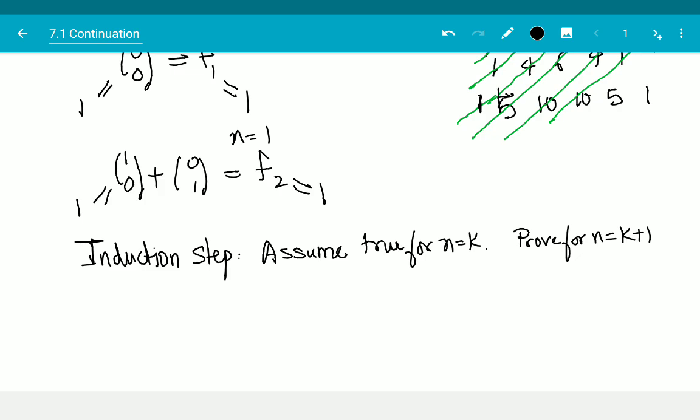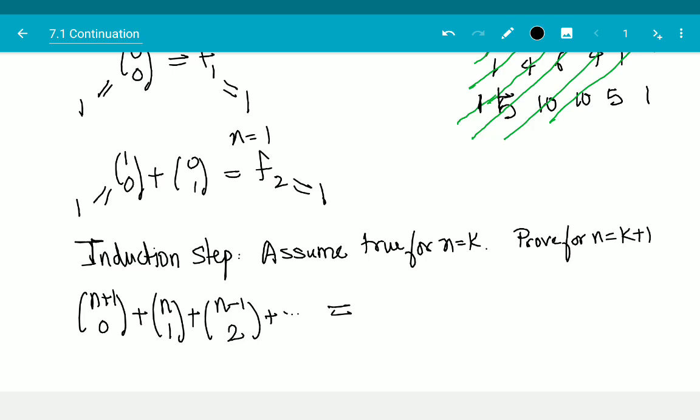Great. So I am going to assume it is true for n is equal to k, and now I have to prove it for n is equal to k plus 1. N plus 1 choose 0 plus n choose 1 plus n minus 1 choose 2 plus dot dot dot is going to be equal to,